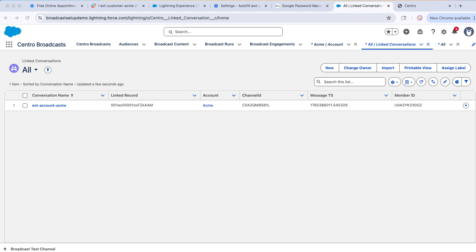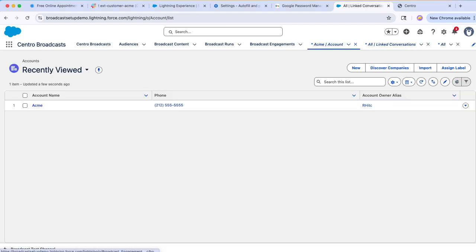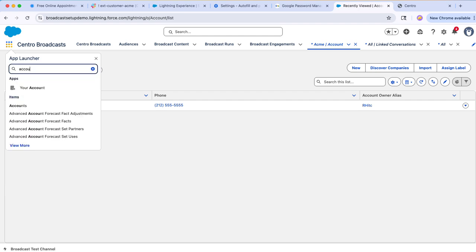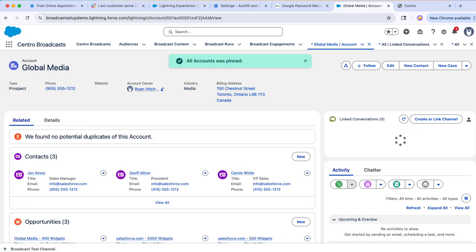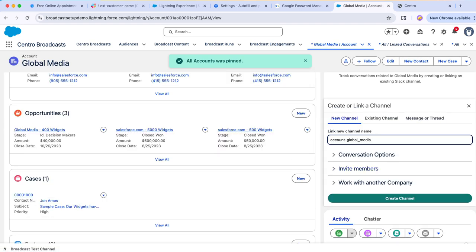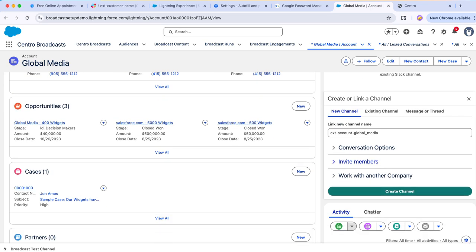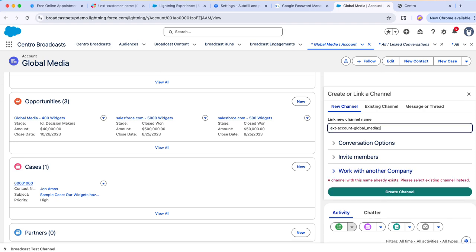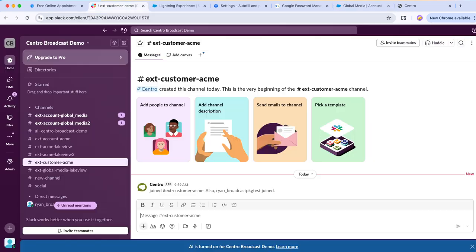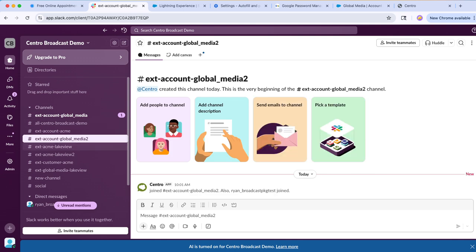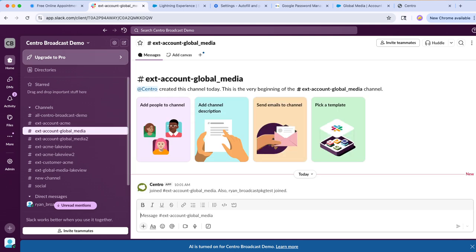Now, let's do this for at least one more, just to demonstrate the feature. As you can see, this is creating these channels and creating those linkages. Okay, so now let's go back to our